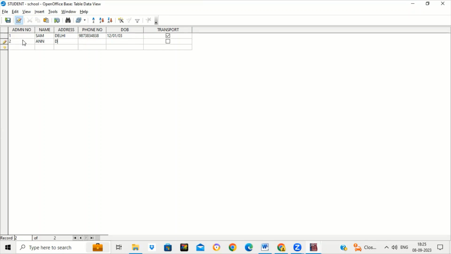Then write some address, write some phone number, any dummy phone number you can type. So no for transport for the student. Okay. Then third, any phone number I am typing. Okay. Make sure you are entering date of birth in a correct DDMMYY or MMDDYY format as per the system